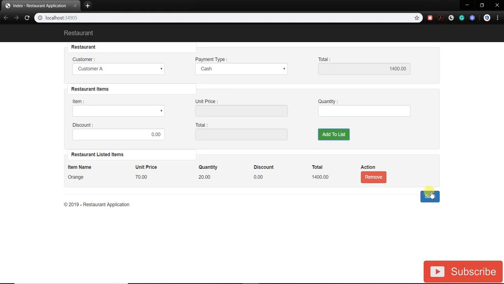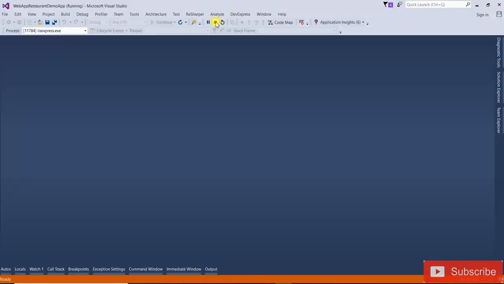Instead of Pay Save, it will come to Checkout. Once you check out, the payment screen will display. On the payment screen you can enter the amounts and the return amount, and it will show the balance. After that, once you click on Pay, it will save into the database. Let's start. Just close the browser,